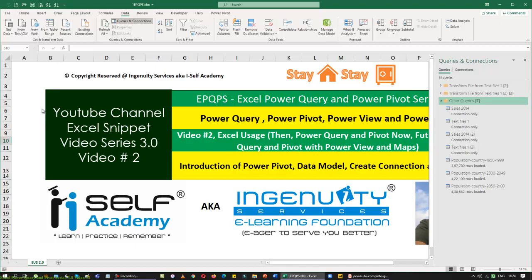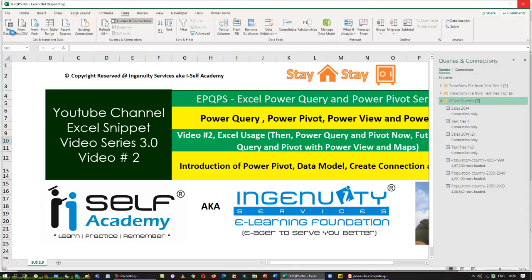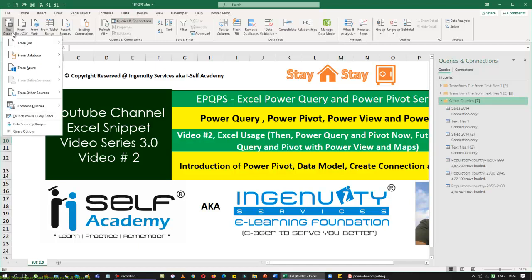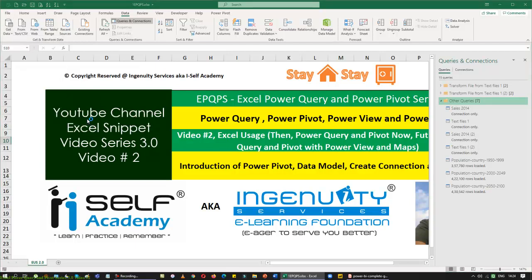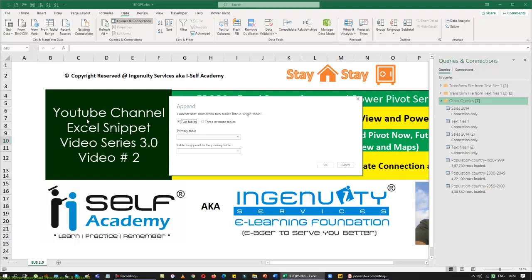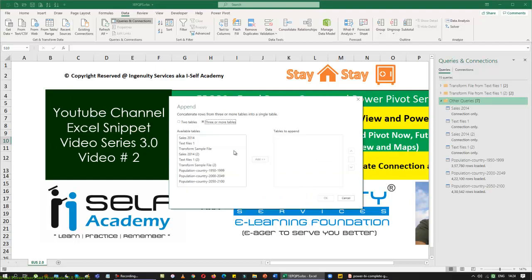So to do that, I'm going to go back to the get data, and in the get data point, I'm going to merge the data into a list. So I'm going to just come back to the combine query, and I'm going to use append the data. Then it automatically jumps to the Power Query editor for me, and it says, what do you want to do? I want to add all these three data. So I'm going to just add these three data only. I have a lot of data shown here in my table, but I'm interested only in appending these three data. So when I give an OK,